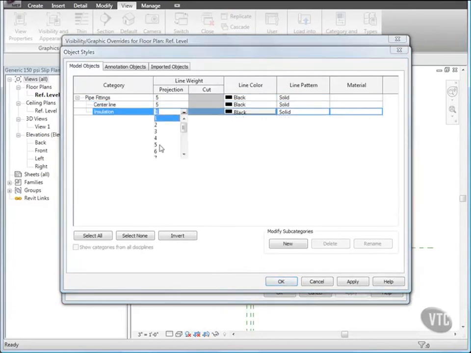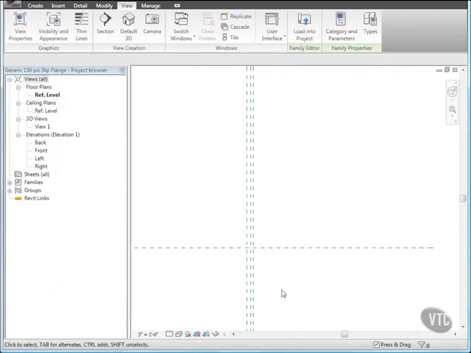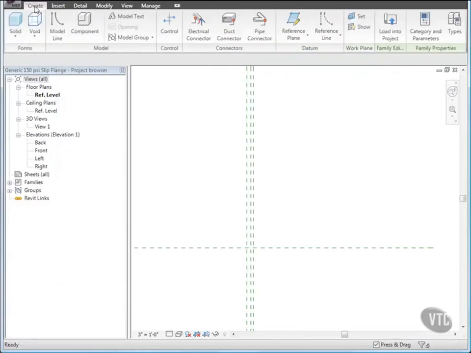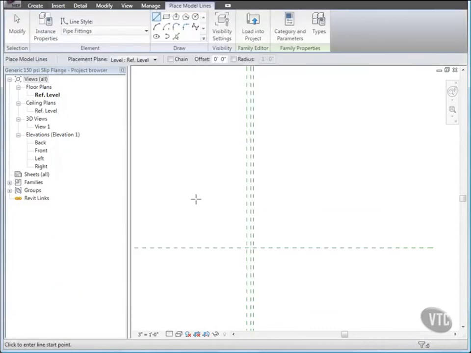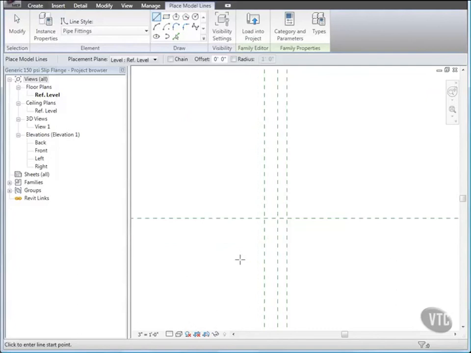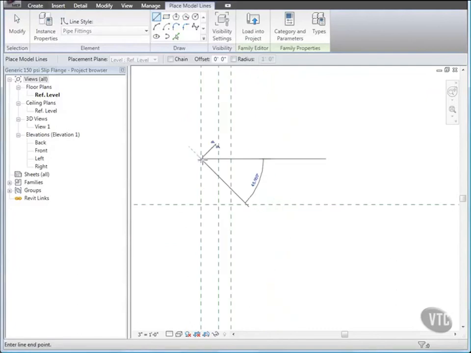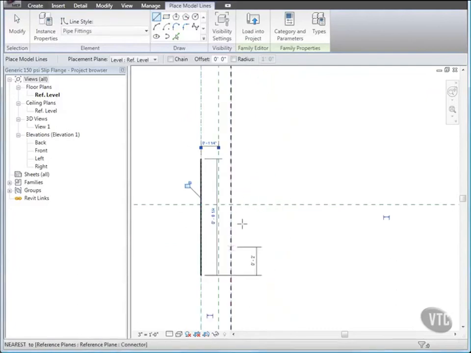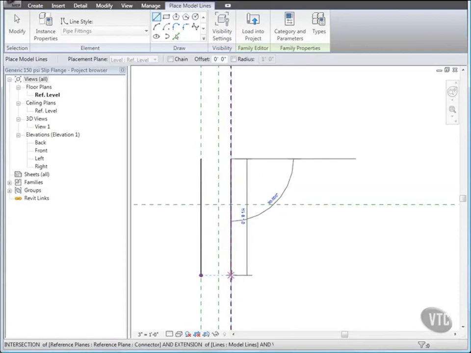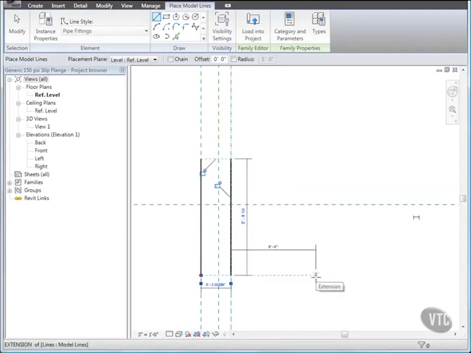And click OK twice. Then from the Create tab, click Model Line and draw a vertical line as shown on both the left and right vertical reference planes. The length is not important, but they must be sketched on the reference planes. Then draw a horizontal line on the horizontal reference plane between the intersections with the left and right reference planes